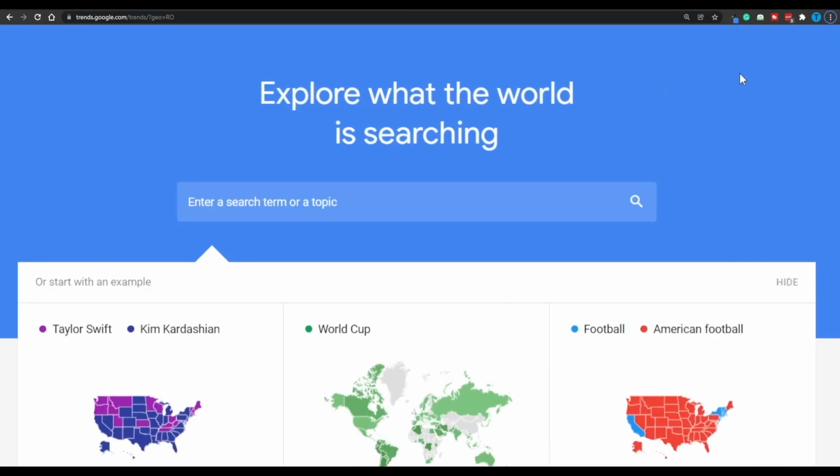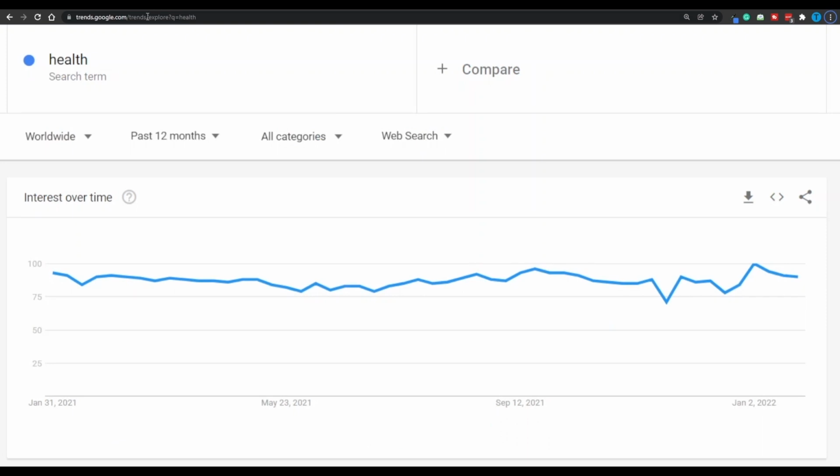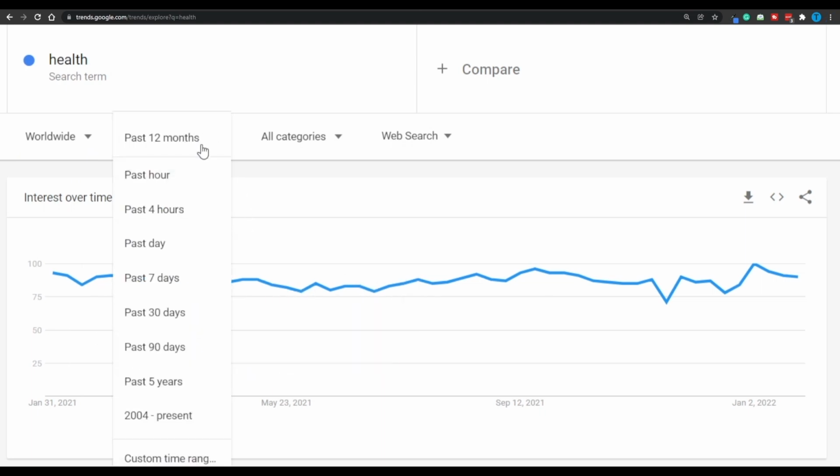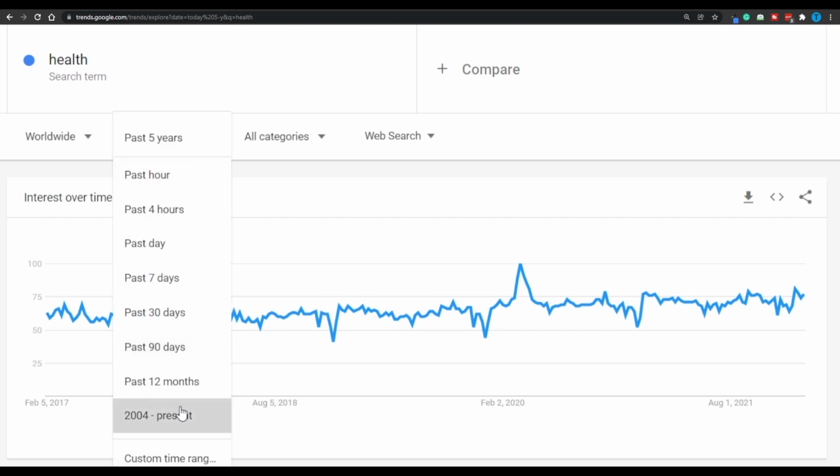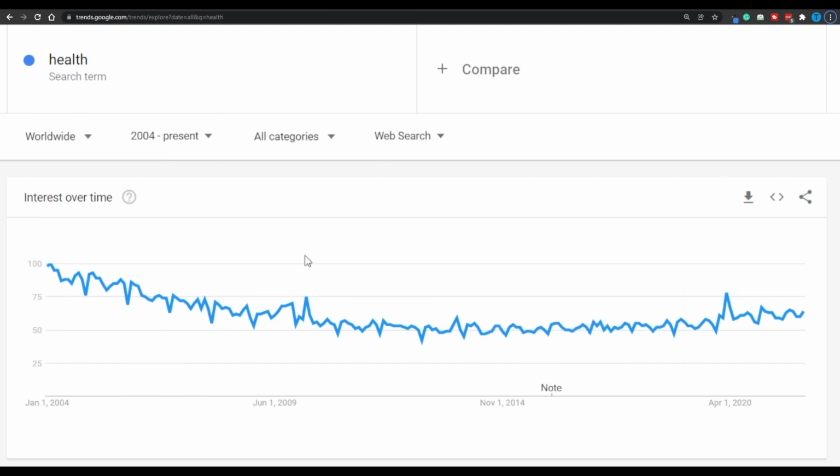The second tool we are going to make use of is going to be Google Trends, and this tool is going to determine whether or not the topic we have chosen is a popular one. For instance, if I type in health and I choose to take a look at the worldwide graph, as you can see, the interest in this particular topic has been really high consistently, and we can even select a different scale, for instance, the last 5 years. The interest has always been high, which means that there is always going to be traffic. And so this is going to be a perfect keyword to focus on throughout today's method.